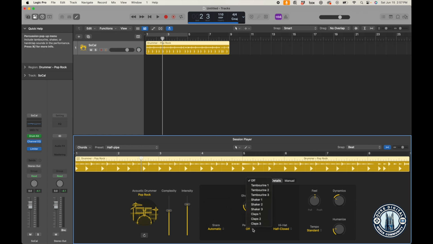You could add percussion to the drum track if you want to, which is cool. Hi-hat, same thing. This will change it. You could set it to automatic or open or closed or whatever you want to do. So these are all new features. I've not seen these before. There's a feel. You can have it push or pull or drag or what have you. And you have dynamics and